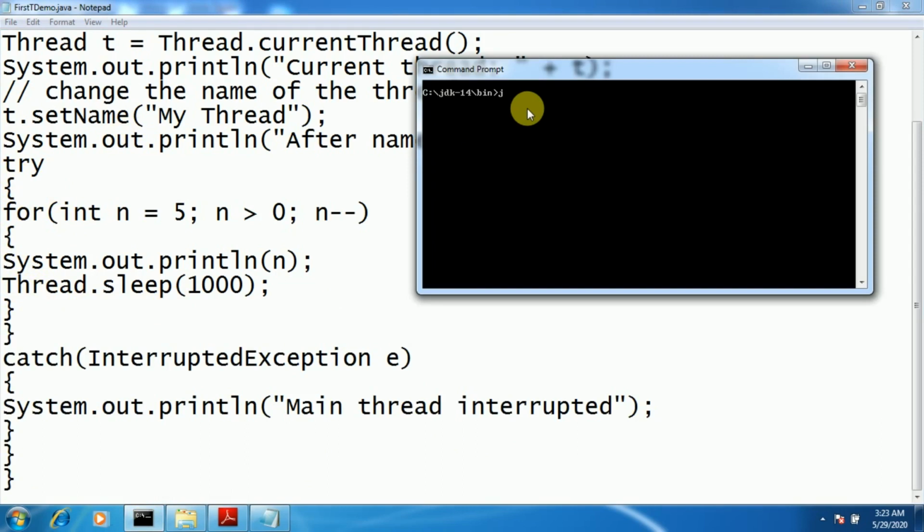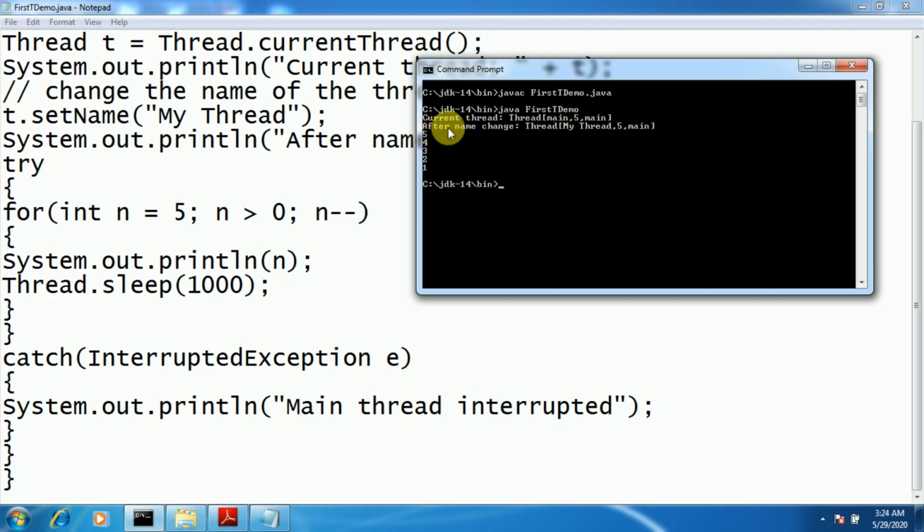Now we'll see the execution of this program. The name of the program is FirstThreadDemo.java. After compilation, run it: FirstThreadDemo. Now if you see, the current thread name is main, the priority displayed is 5, then the group name of the thread is main.